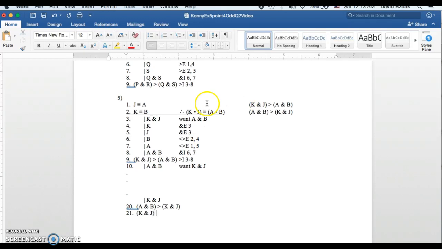K and J biconditional A and B, and that's biconditional introduction of 9 and